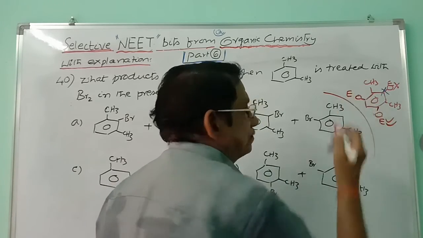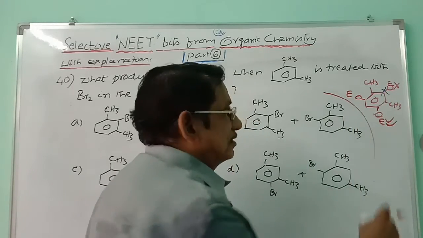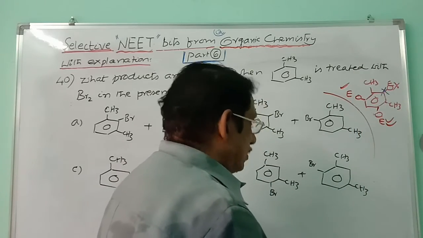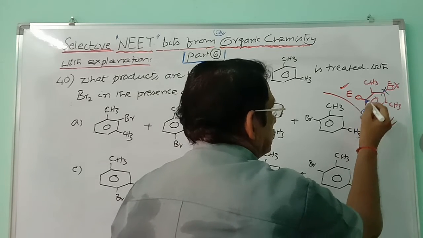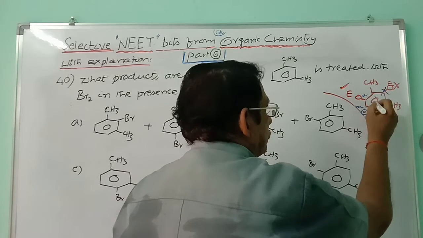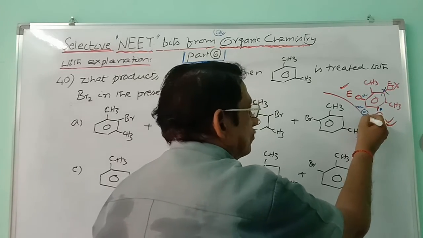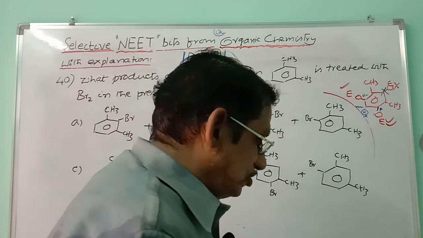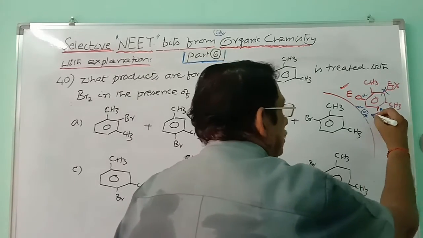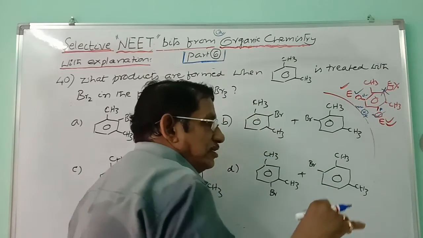This position is ortho to one group and para to the other. Once again, the electron density will be increased here also. So electrophilic attack here also becomes suitable. And if you take the position here, this is meta position for both the groups, which is not favorable at all for the electrophilic attack because the electron density is low. So what are the most favorable attacks? One is the para position, other one is the ortho position. These two positions are favorable for the bromination of metaxylene.